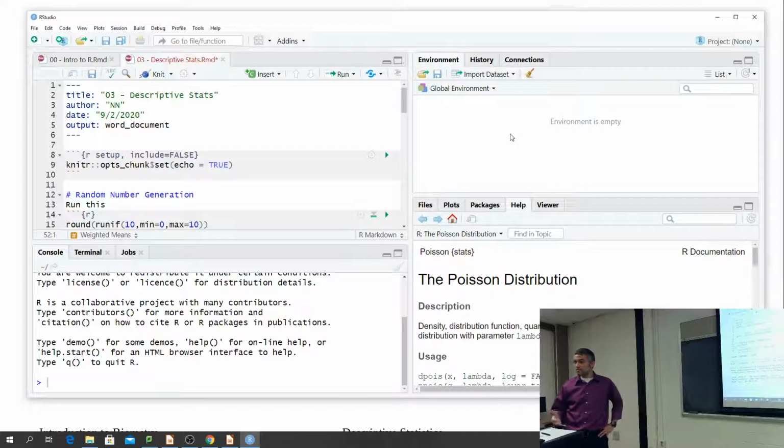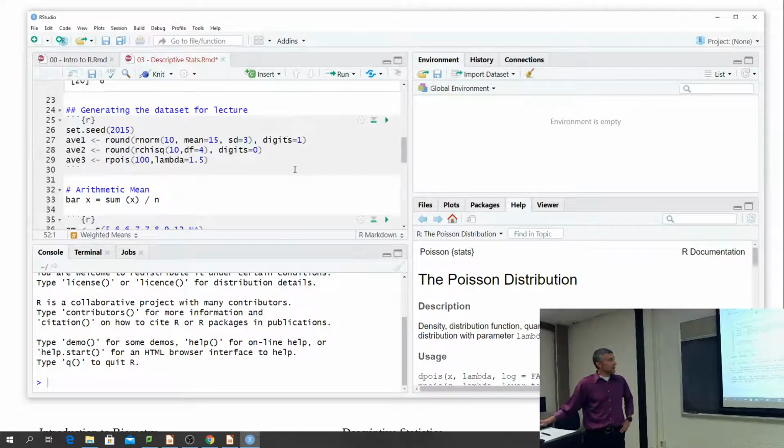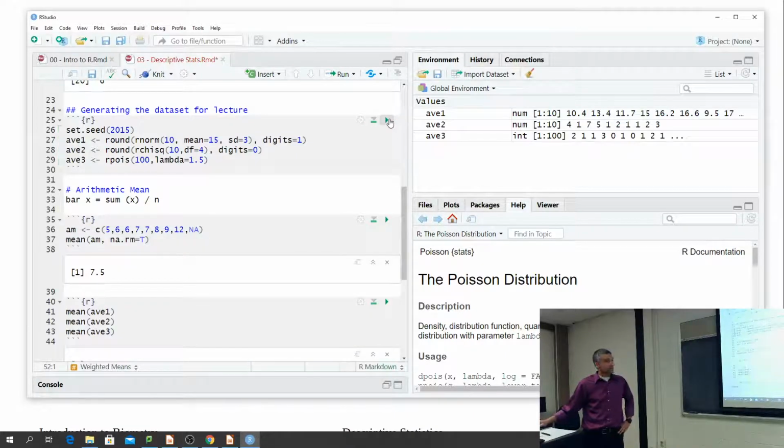If I run it, R won't find AV3 at all. So I have to get it in. I go to our chunk where we generated the data set for the lecture and I run it. All right. Why did we set the seed?